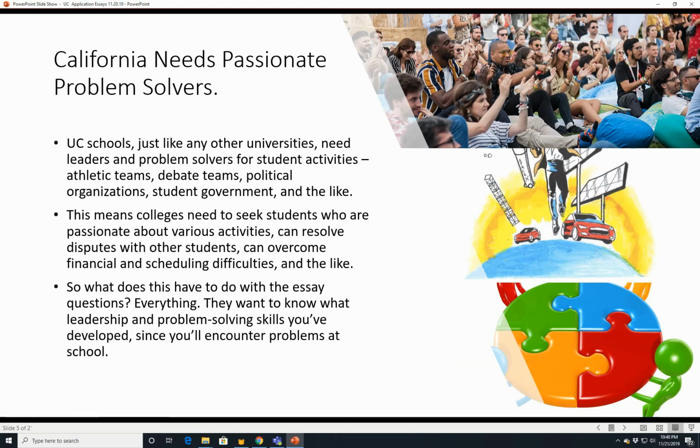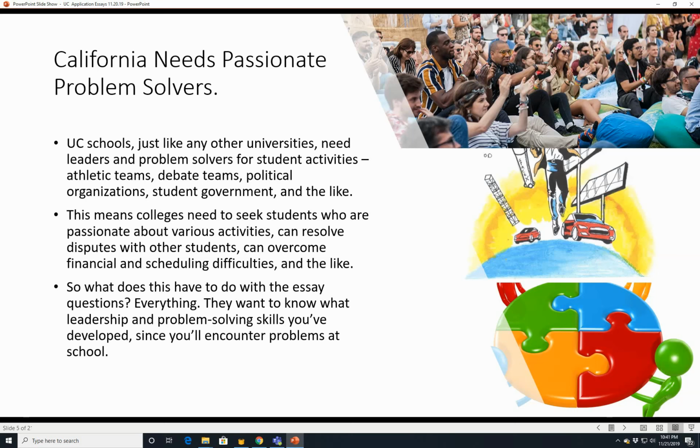UC schools, just like any other universities, need leaders and problem solvers for student activities, athletic teams, debate teams, political organizations, student government, and the like. This means colleges need to seek students who are passionate about various activities, can resolve disputes with other students, and can overcome financial and scheduling difficulties and the like. So what does this have to do with the essay questions? Well, really everything. They want to know what leadership and problem-solving skills you've developed,